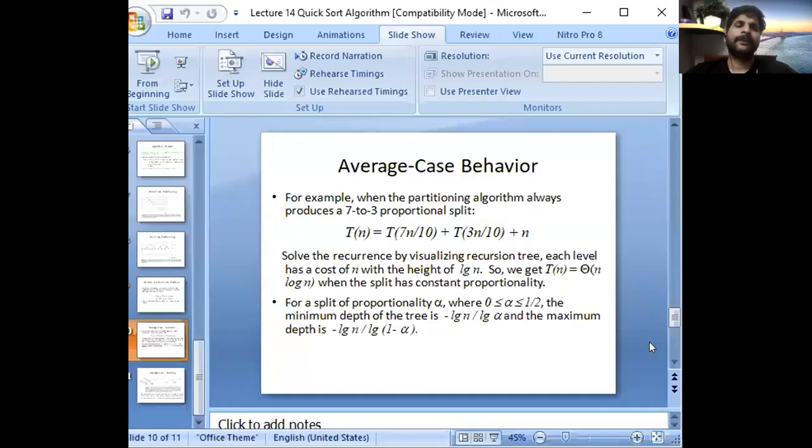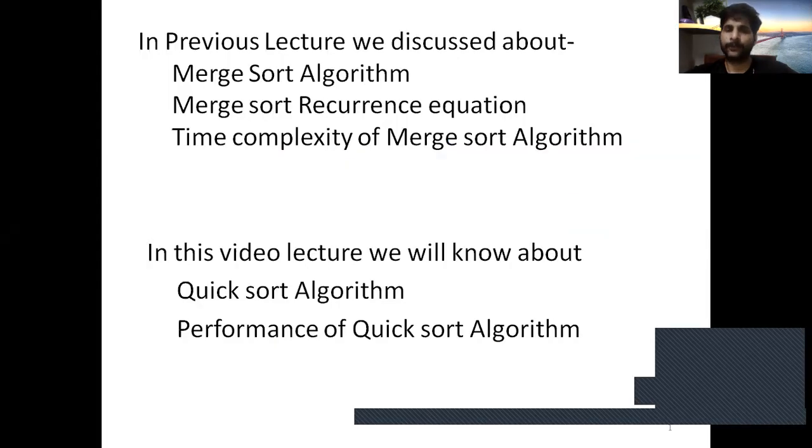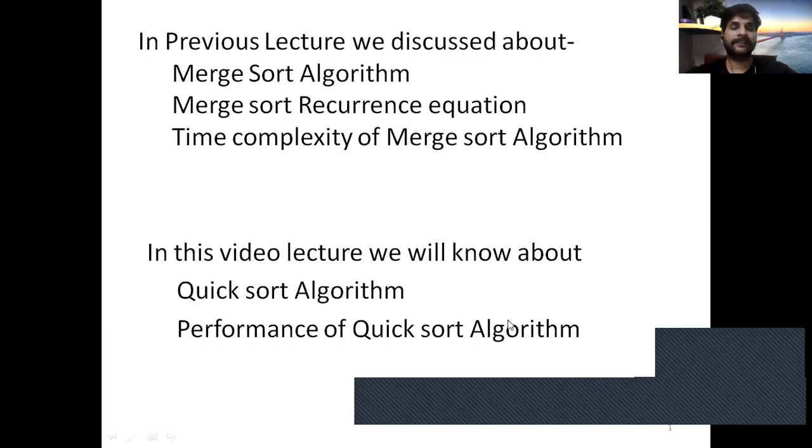Now today we discussed the quicksort algorithm. We analyzed the time complexity or performance of quicksort, and in the next lecture is the RB red black tree. Red black tree is an advanced data structure which is contained in unit second.